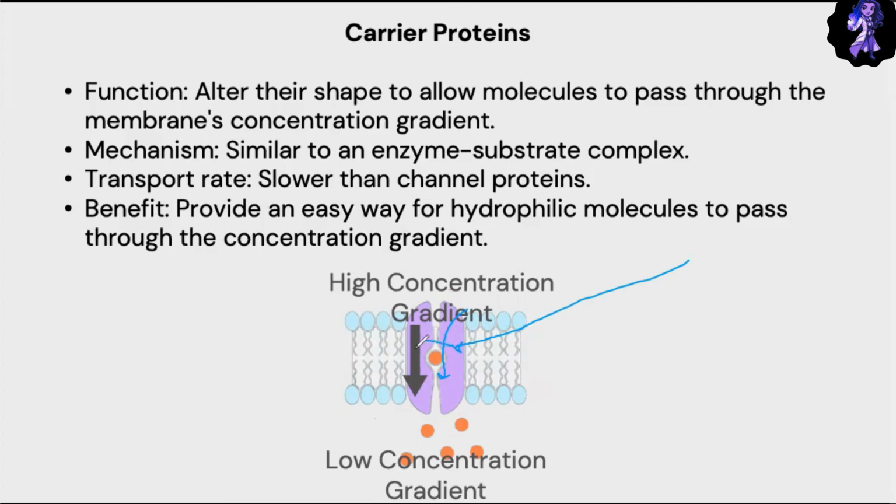So basically it will fold into the shape of that molecule to allow for easy passage. Now, it is slower than a channel protein,